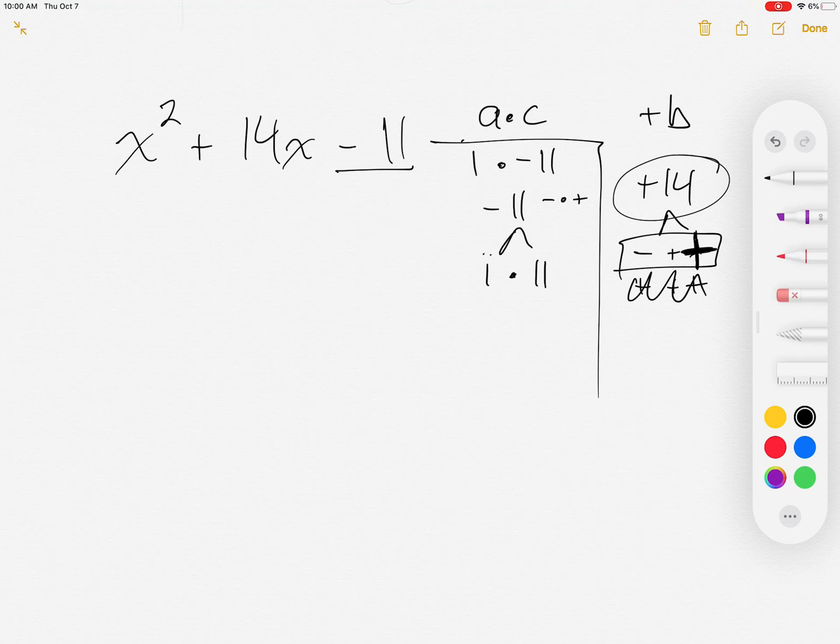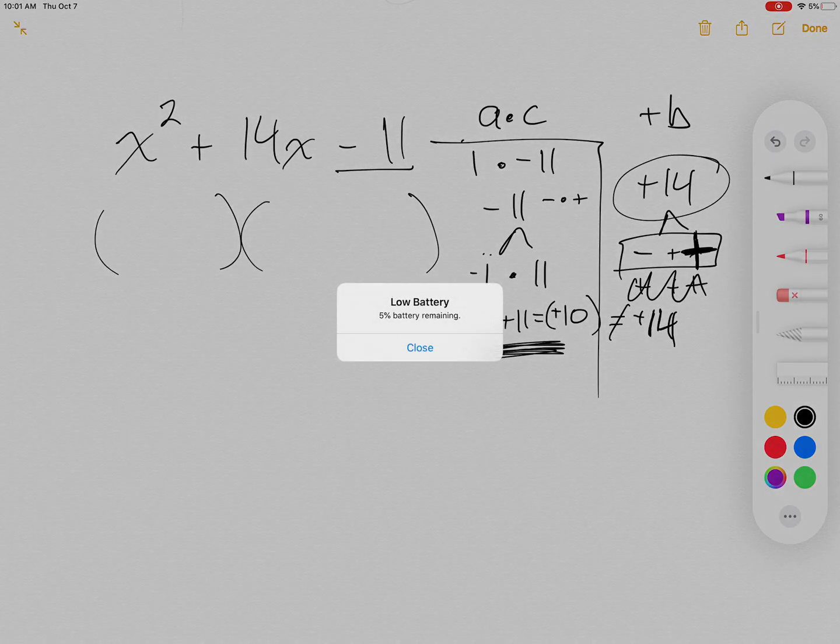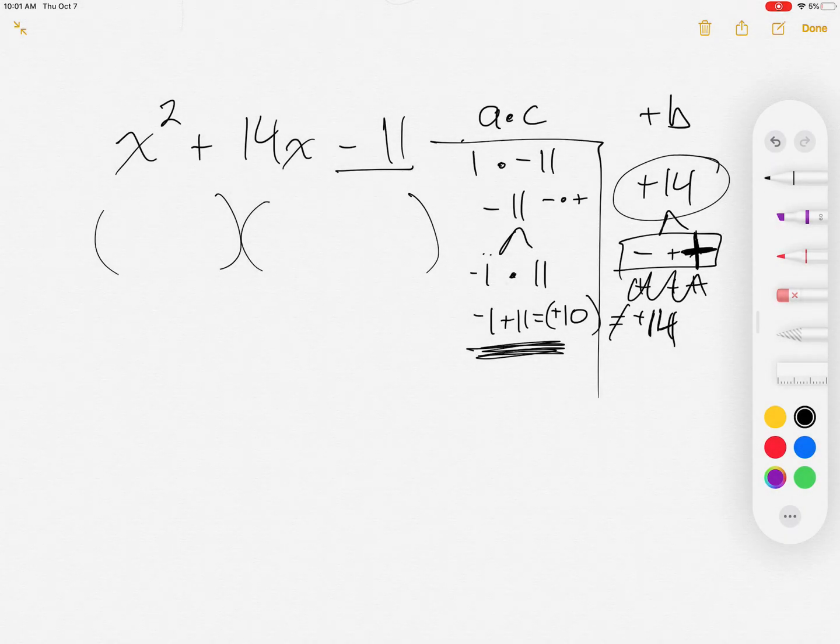So no matter what I do here, if I make the 1 negative, I get negative 1 plus 11. That gives me positive 10. I have no other options. So I can't find any factors that when I add them together are going to give me positive 14. So this can never equal positive 14 is what I meant to say there. Okay. So no matter what I do, I'm not going to find a number that is going to work in these. So this one here is